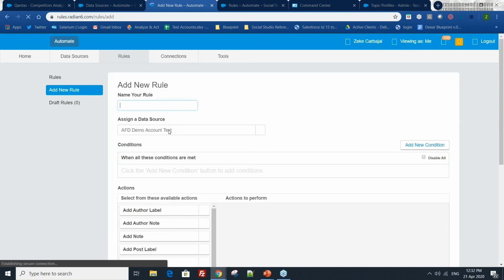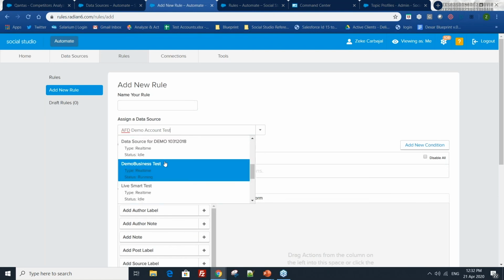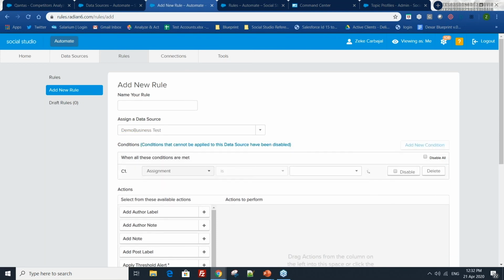So first, as I mentioned, you select what data source. It determines when your rules will apply to that particular data source. So I have, for example, for this webinar, a demo business real-time data source. So as soon as the posts come in, the post will immediately be evaluated based on the conditions in this rule, and it will automatically apply the actions if they meet the conditions here. So let's take a look at some of the conditions that we can do